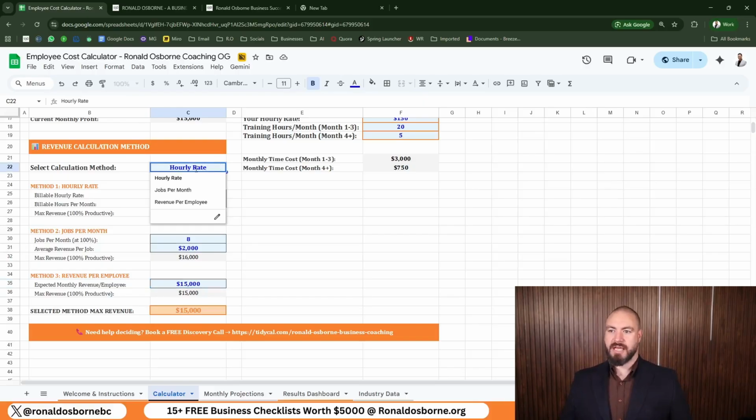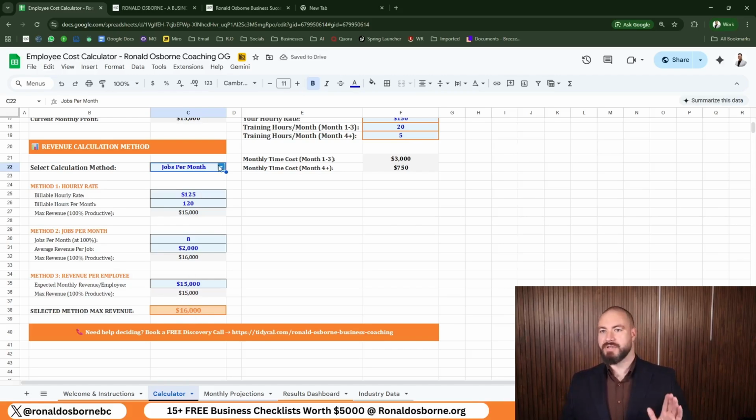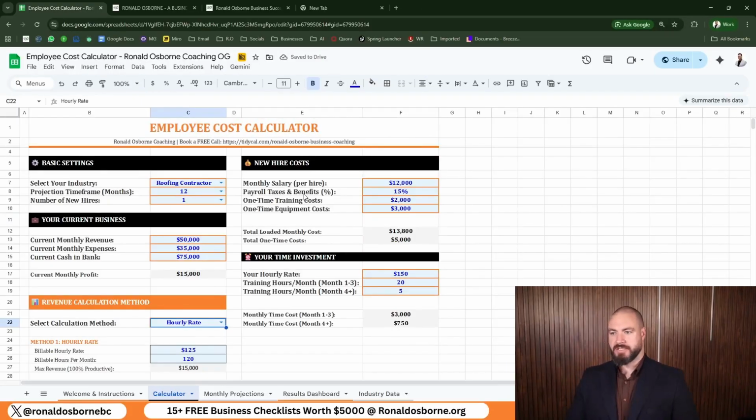Now, the way you filter that, again, is it's a drop-down box. Pick what you want. Look at this number down here. I'll change it to jobs per month. Change it to 16,000. That is how this employee cost calculator works. It's very simple. Come back up to the new hire costs. Okay. You can see that I've got $12,000 a month. That's a lot of money,